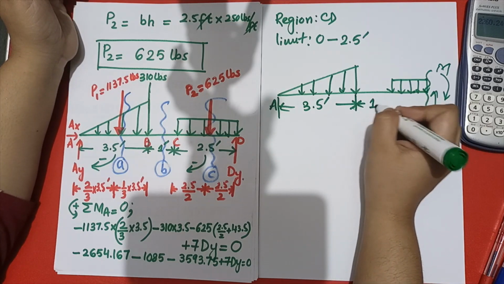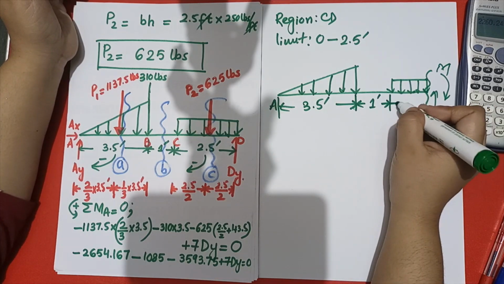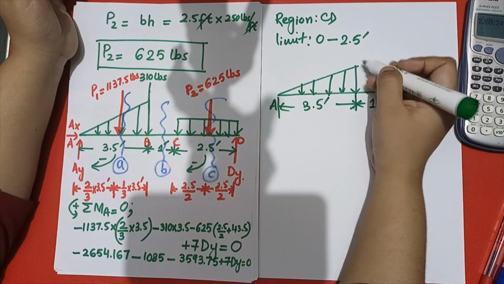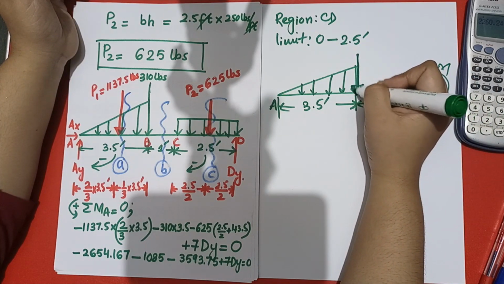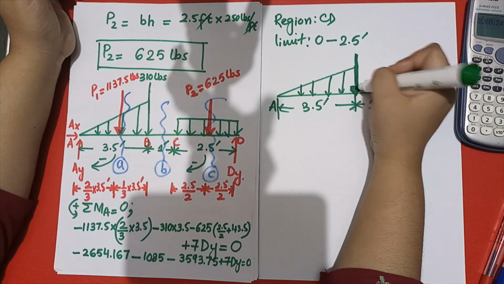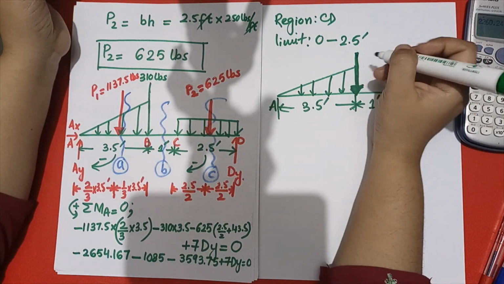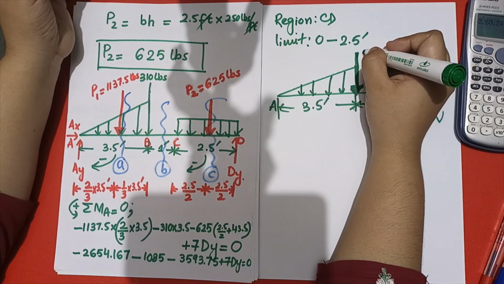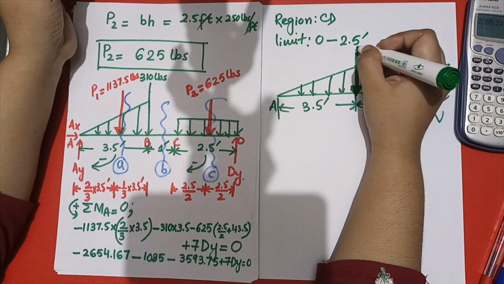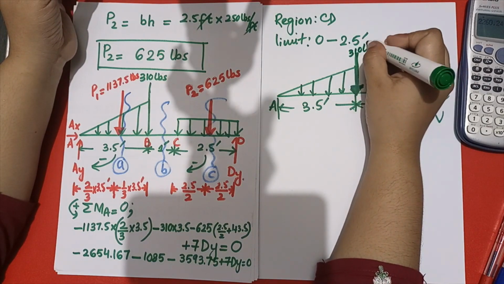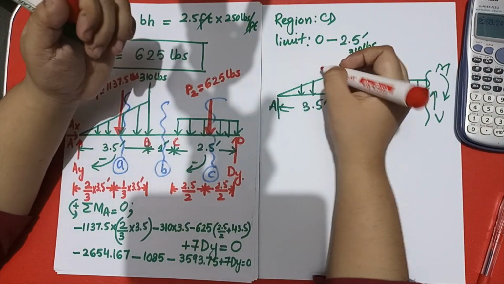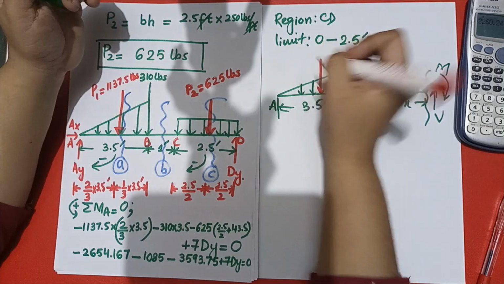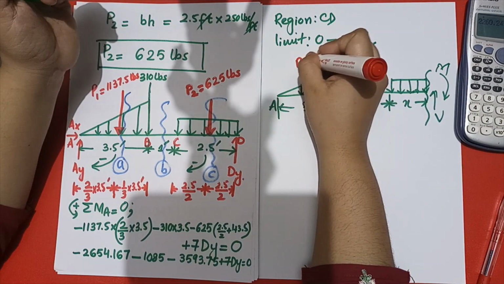This is 1 feet and this one is X. And you know very well there is a point load here. I am making it bold, taking its weight, P2, and this is 310 pounds. And I have already told you that here is X, so there is 3.5 feet, so I should write down